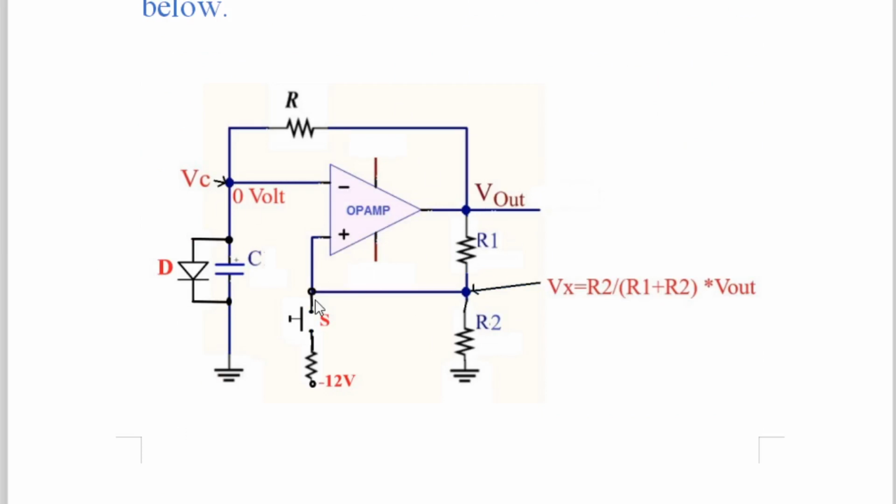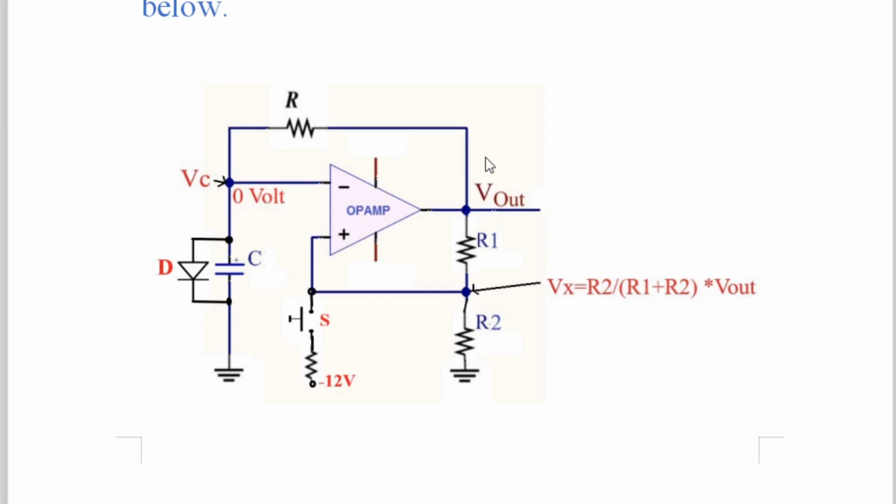Means taking op amp, taking R1 R2 potential divider, making this junction over here with the help of wire, connecting R and C, connecting the diode. So after making the connection, I am turning on the power supply. But when I make the connection, I have considered that my capacitor which I have taken is initially discharged. Therefore, voltage across capacitor is how much volt?